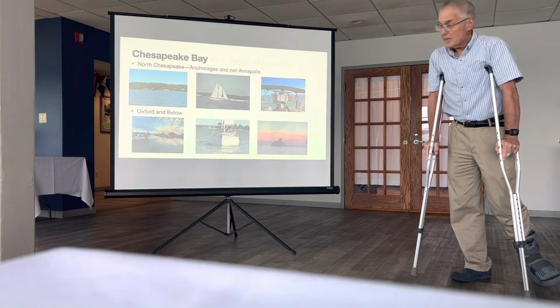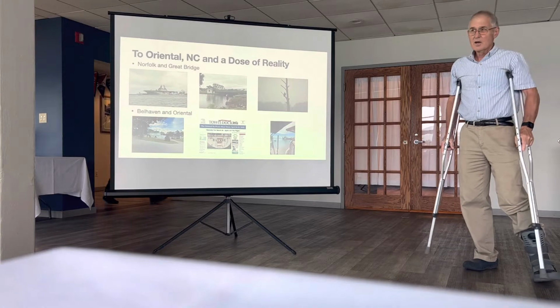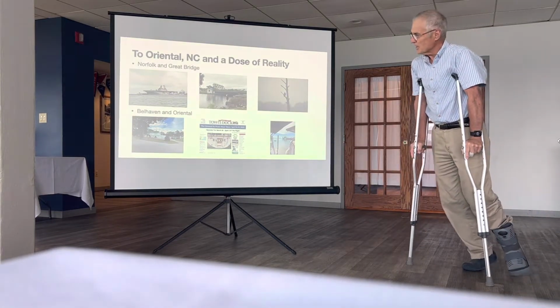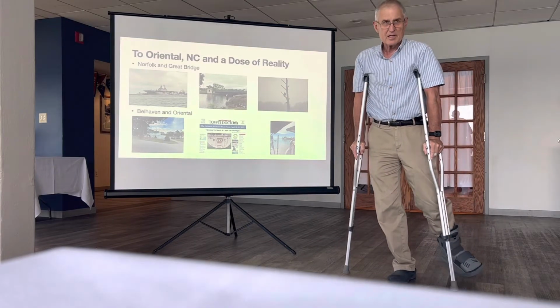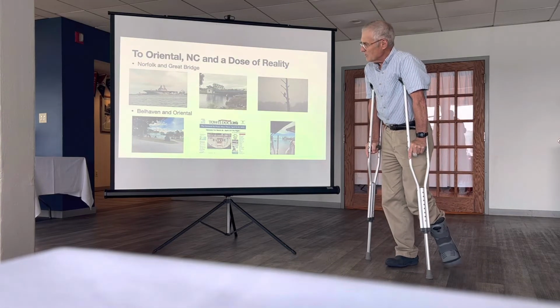Okay. But then all good things come to an end, and you get to Norfolk. Norfolk is a really shipping naval capital. It's one of the busiest inlets. You know, you're lucky if you get in without encountering a submarine. On the way down, we